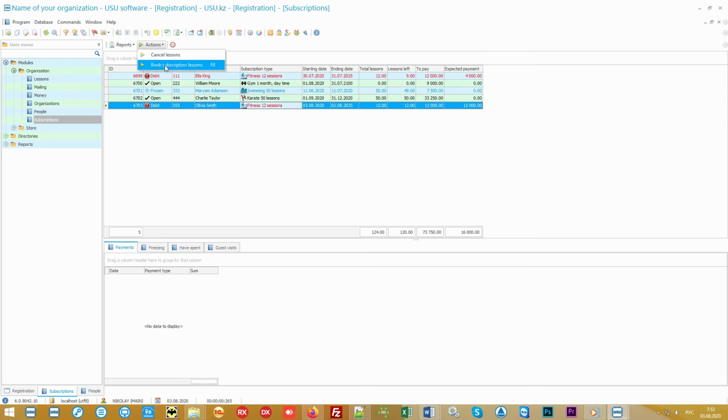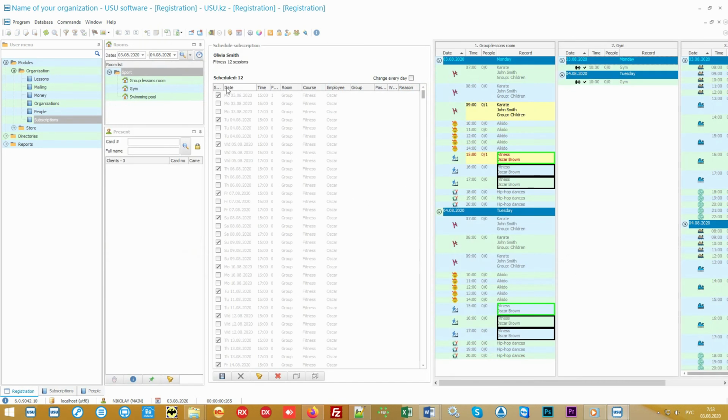Group lessons purchased through a subscription can be easily distributed by a special action. The program, at the same time, shows all suitable classes, taking into account the chosen course. Now, we see that the chosen course is conducted at different times and among different employees.